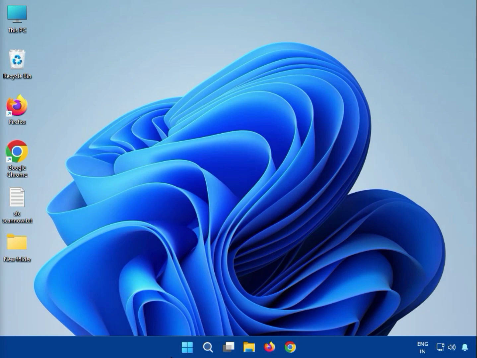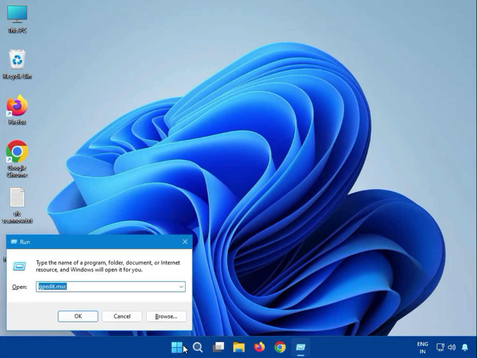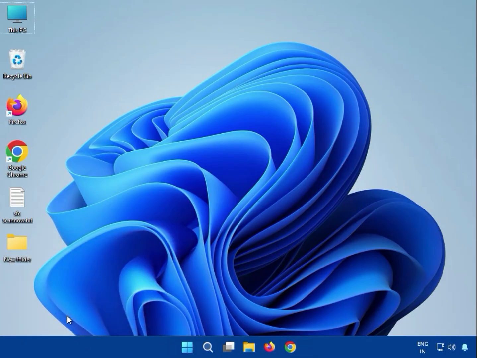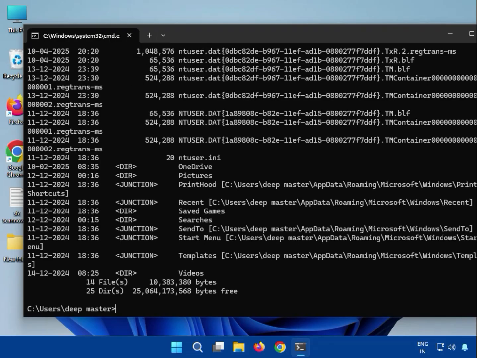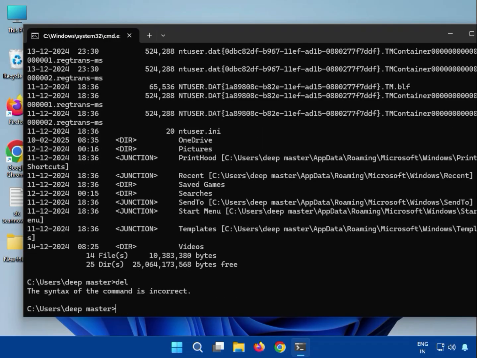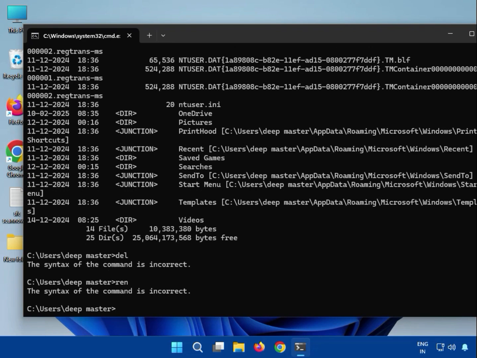So guys, next method, use command prompt to check directory. Click to start, otherwise Windows R, and type cmd, okay, and then type dir space slash a, then okay, then del, and then type run, okay,